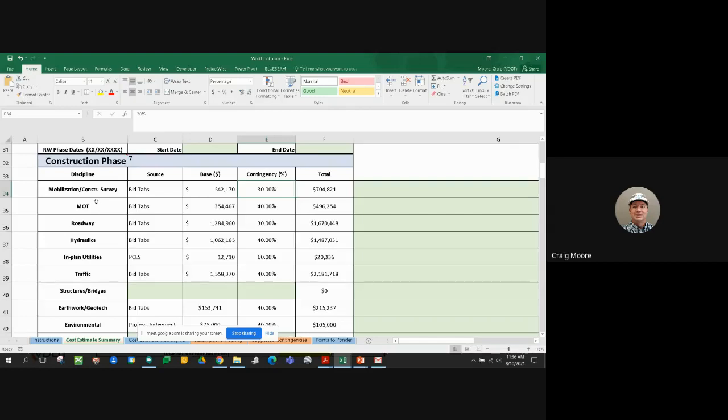In-plan utilities, using GIS on which to extract our utility locations, again, primarily that water line and how that would be dealt with. There's certainly uncertainty associated with the information in the GIS in terms of where its location is. So for in-plan utilities, we felt it appropriate to put a 60% contingency on those items